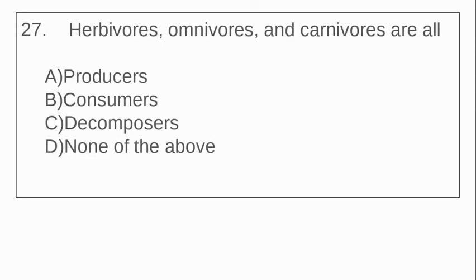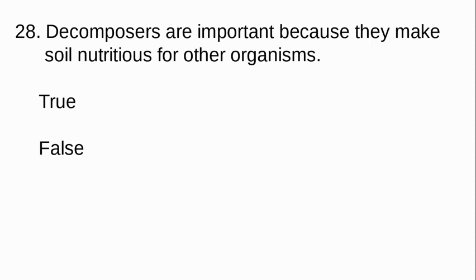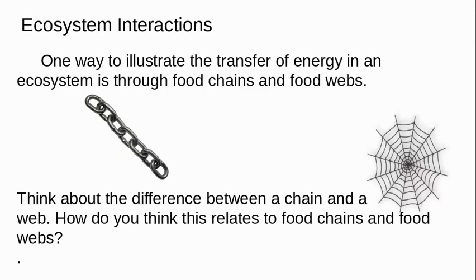27. Herbivores, omnivores, and carnivores, are they producers, consumers, or decomposers? If you said consumers, you were correct. Decomposers are important because they make soil nutritious for other organisms. That is true. And that is our last one for